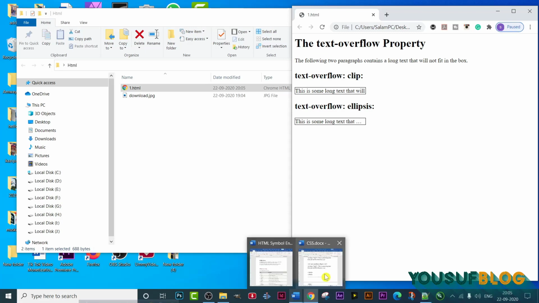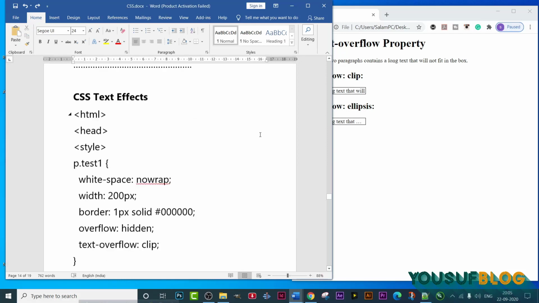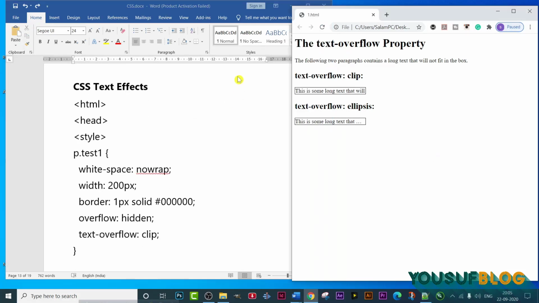Now what was the program actually? Let's compare the program with the output and understand. So this is the CSS text effect. The first program is about CSS text effect. For the first tag we have used the HTML tag, then the head tag, then under the style tag we